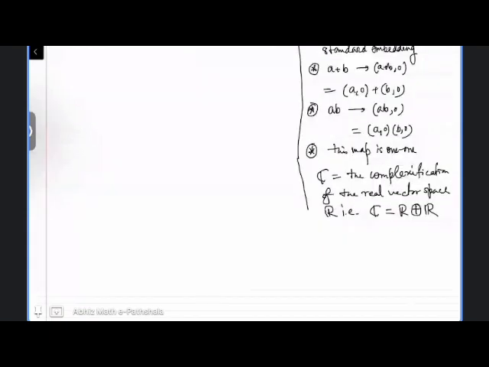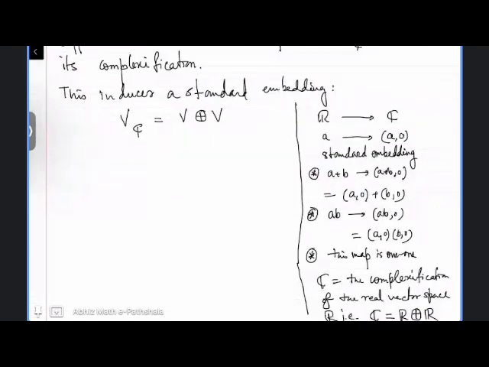Right? So in this example, what we have been noticing is that this map is emerging as a standard embedding from the real vector space to its complexification, because C is a complexification of R. So this embedding plays an important role in the theory of complexification of a real vector space. Likewise, if you want to go up to the general case, you will see that